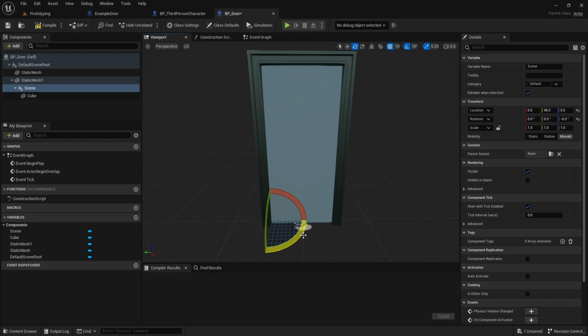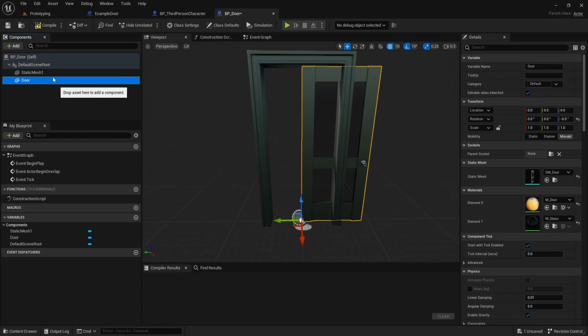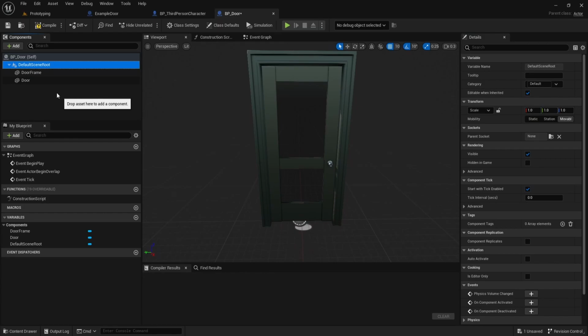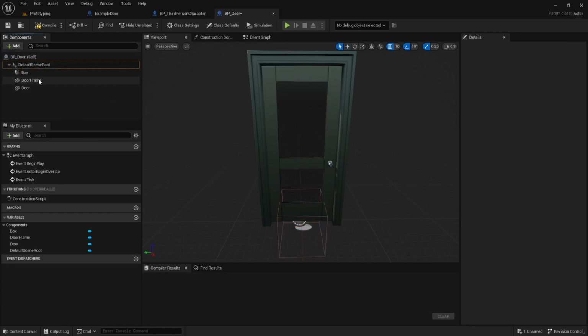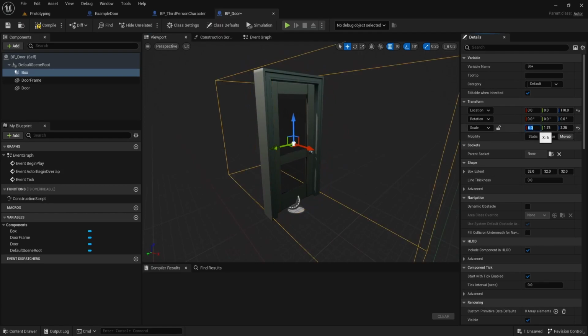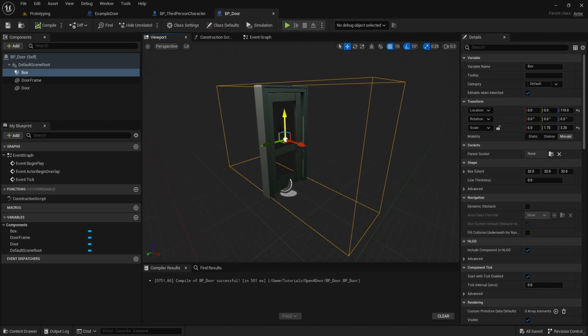Then when you rotate the scene component, the door rotates on its corner. For the rest of the tutorial, whenever you're rotating the door, make sure to rotate the scene component instead. Rename your meshes so you know which one's which, and then move the door into position. Next, add a box collision, and then scale it and move it around so it fits around the door. If a player enters this area, then the door will open.